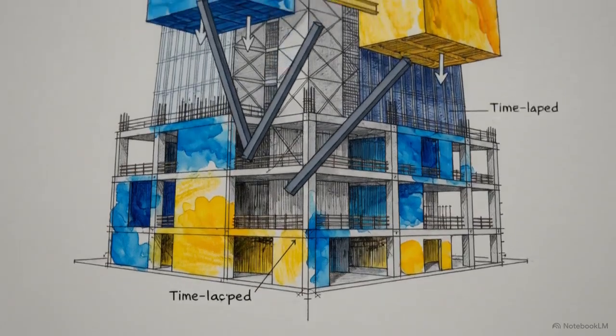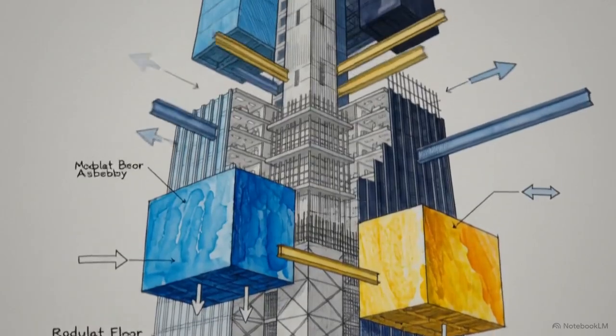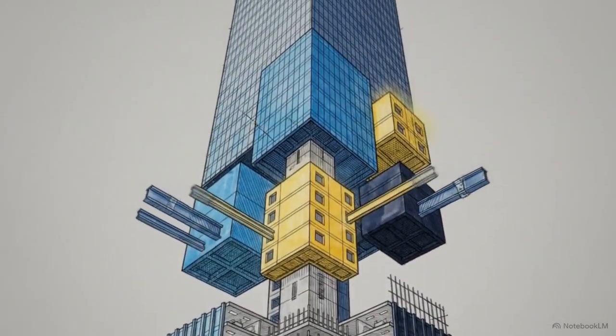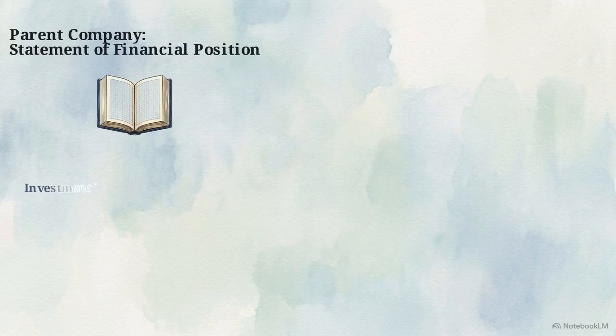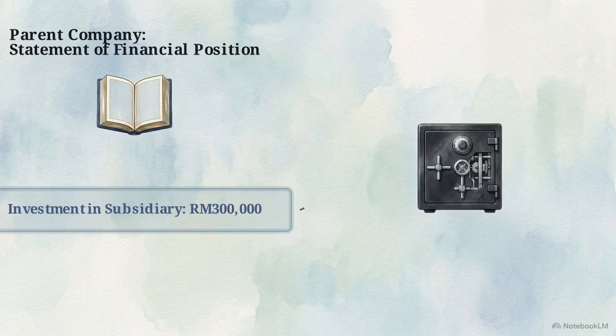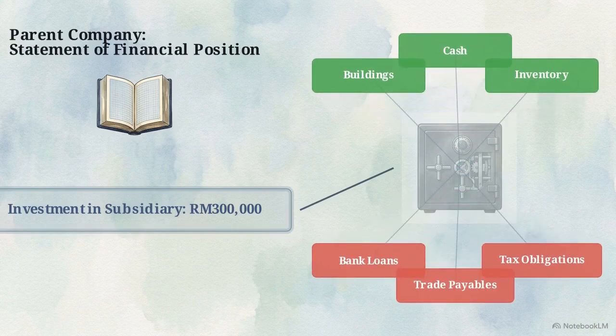Today's modern corporate structures operate not as single businesses, but as vast, complex, and highly interconnected webs of legally separate entities. A parent's standalone statement of financial position captures ownership through a single line item, investment in subsidiary. This acts as a financial black box. When opened, it reveals a complex reality of individual assets heavily offset by liabilities.